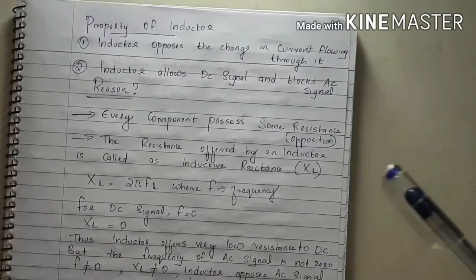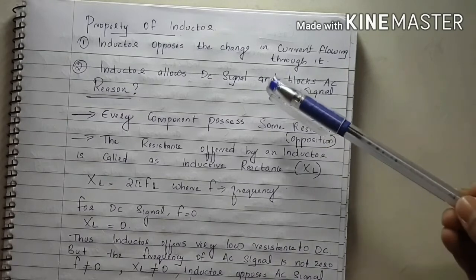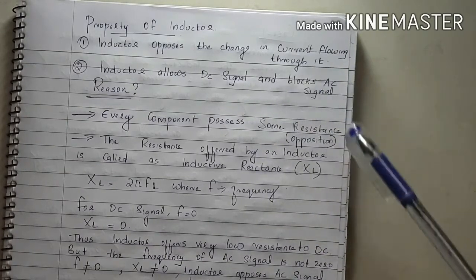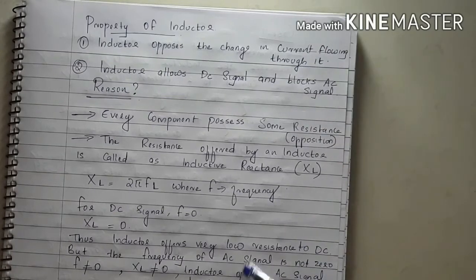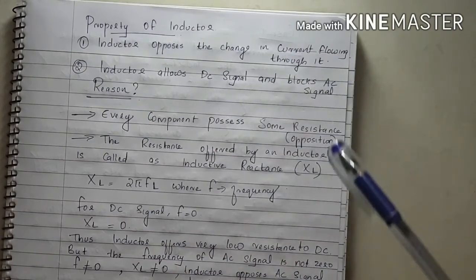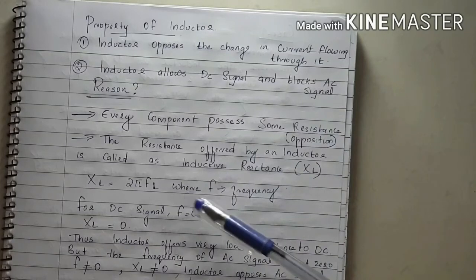Our next topic is properties of inductors. One of the important properties of an inductor is that it opposes the change in current flowing through it. The next property is that an inductor allows DC signal and blocks AC signal. The reason why it allows a DC signal and blocks AC signal is